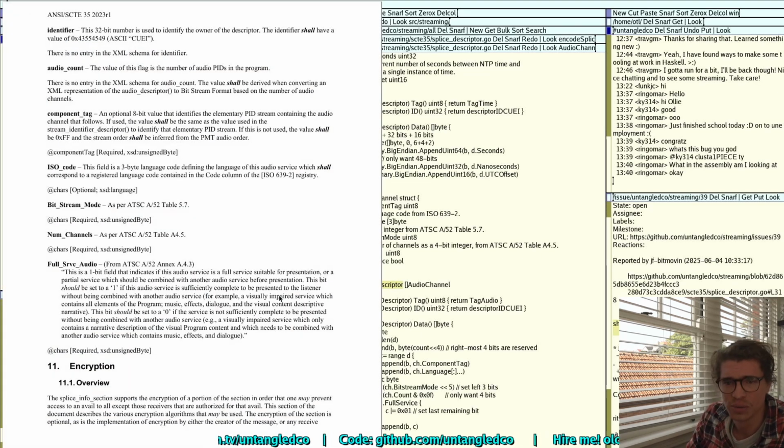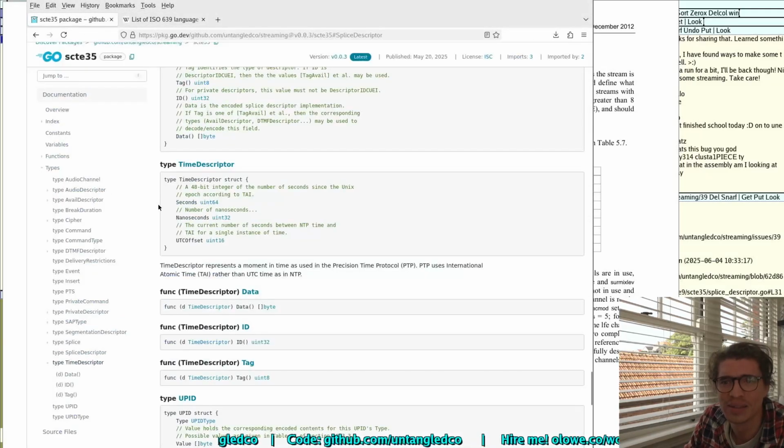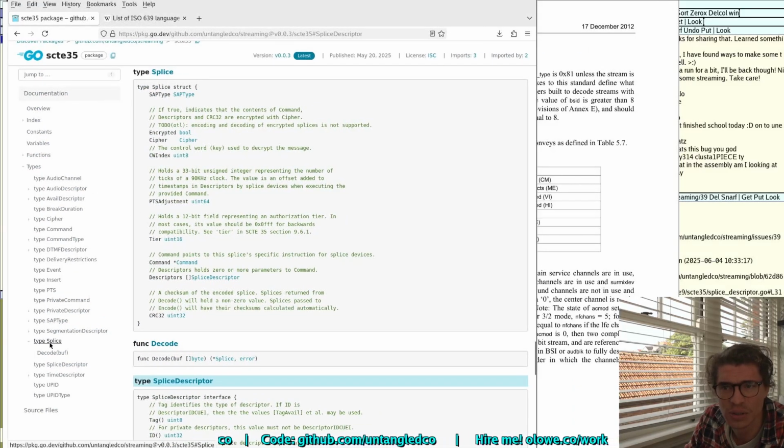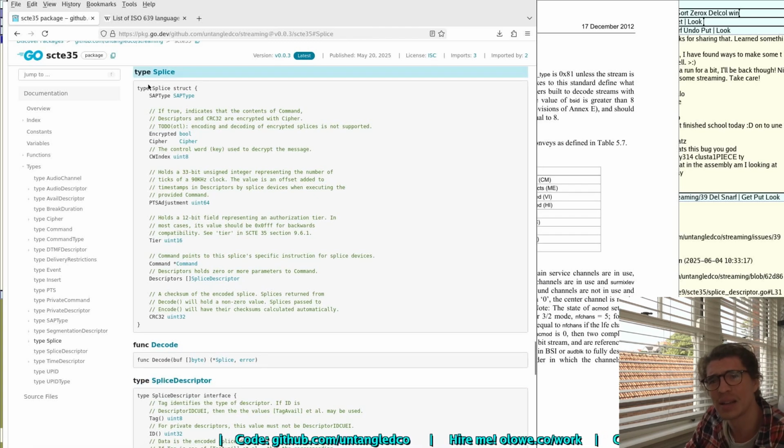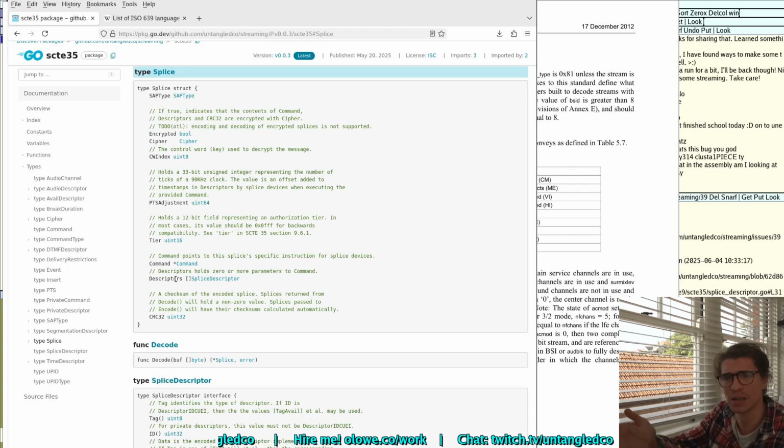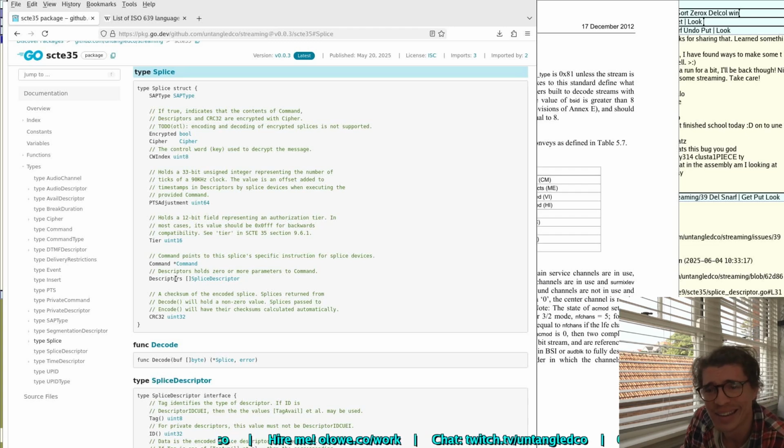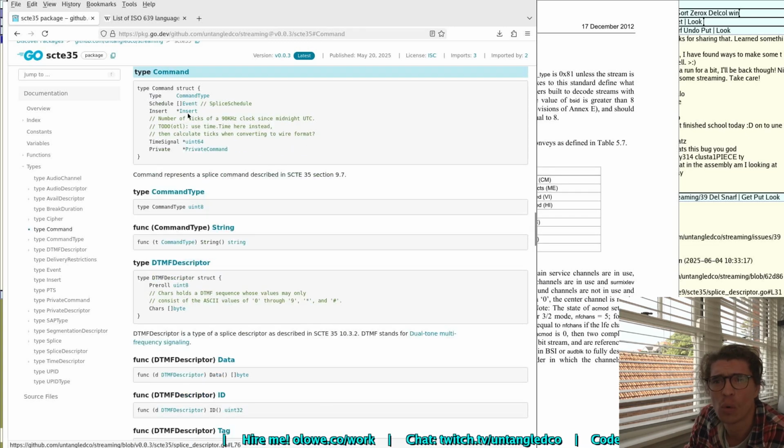So if we go back to the splice, I don't really have a picture handy, but these messages signal to players and whatever about changes in a stream, basically. The common case that we see is, for example, hey, there's about to be an ad coming up, or we're about to cut the stream, or whatever. One of the commands,